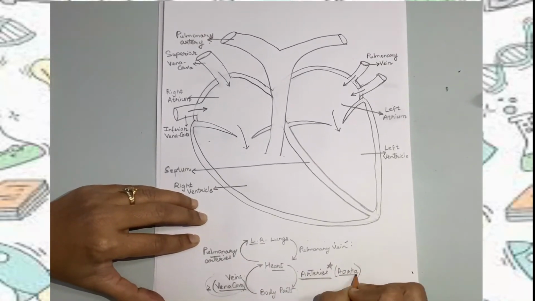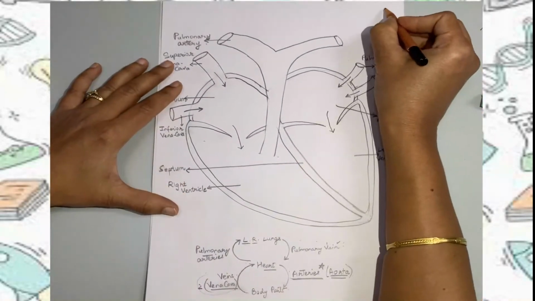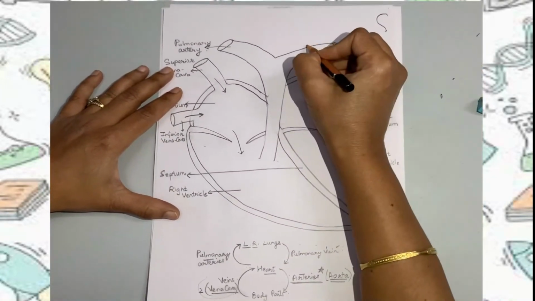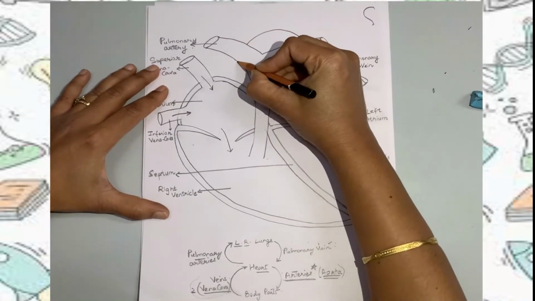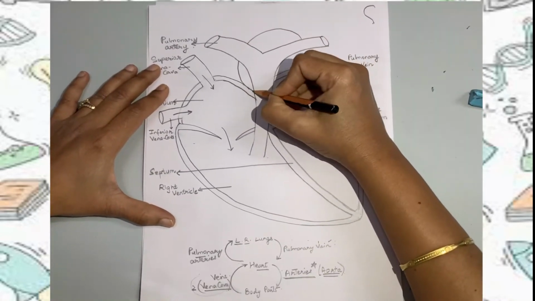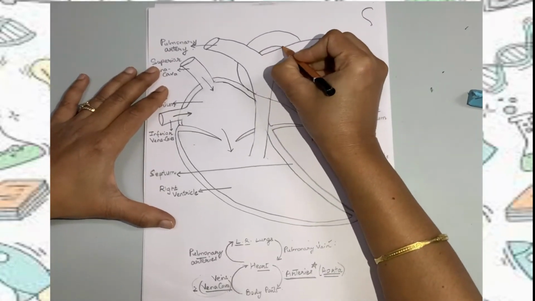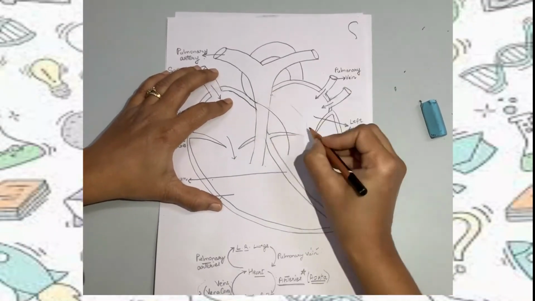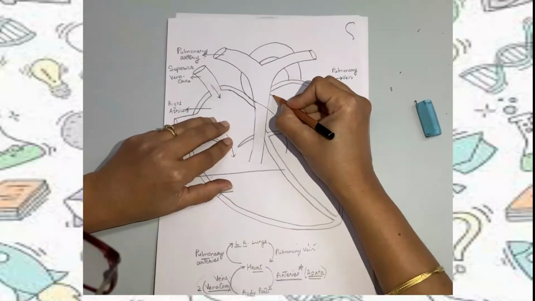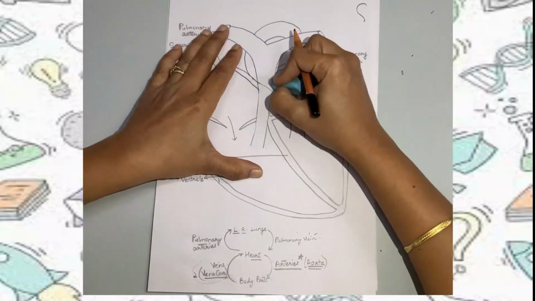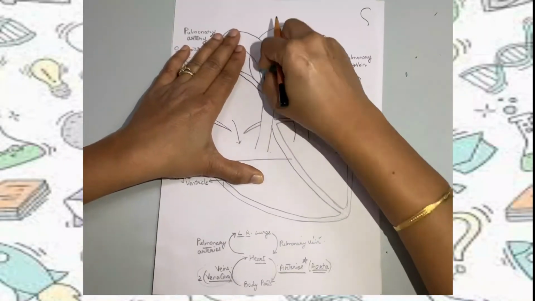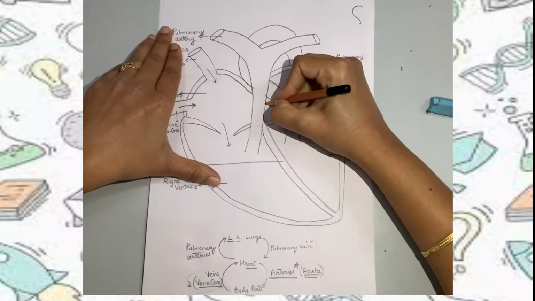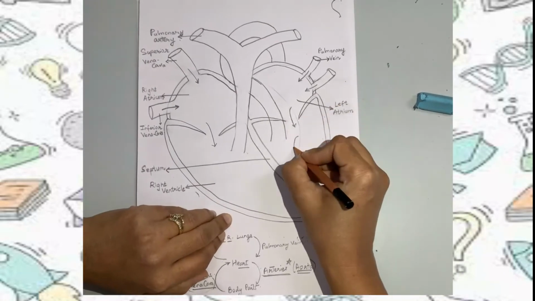Now let's draw the artery, and the largest artery, we all know, is the aorta. Here I'm just drawing a half S from up. Just try to draw the half S. Here the S is entering into the left ventricle. We all know that the blood will flow from the left ventricle to all the parts of the body, which will supply oxygen to all of it. This is the largest artery of our body, that is the aorta. Here we can draw the arrow to show the direction of the blood flow.